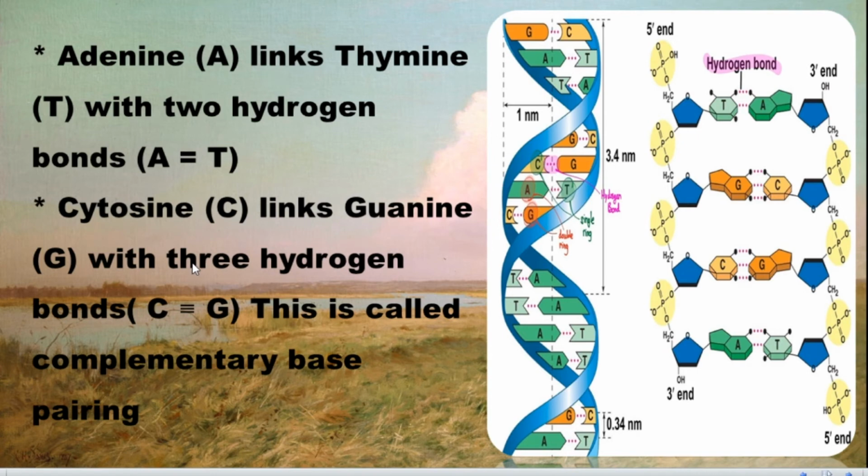It is impossible. Wherever you draw the diagram, you have to be careful with this. It may be a little different from what they have given, but while you are drawing this diagram, you have to give 2 dots, or you can give 3 lines of dots, because it is 3 hydrogen bonds here. Here only 2, because adenine and thymine always have 2 hydrogen bonds. So keep this in mind.